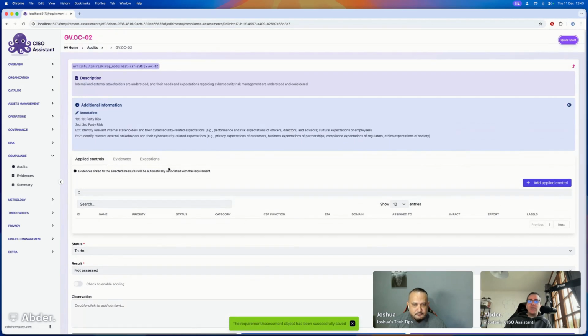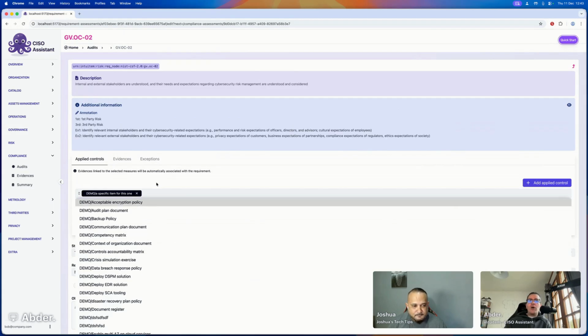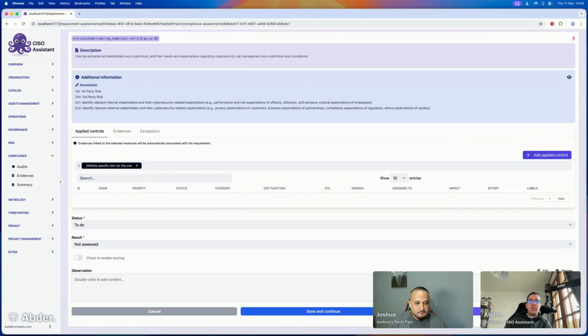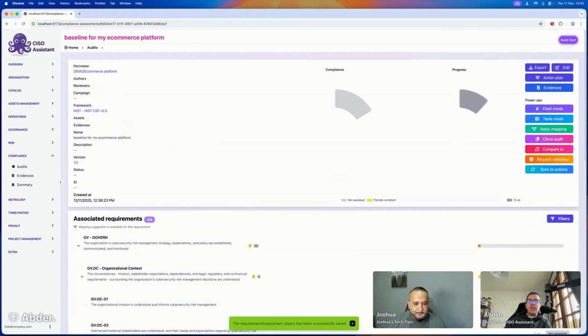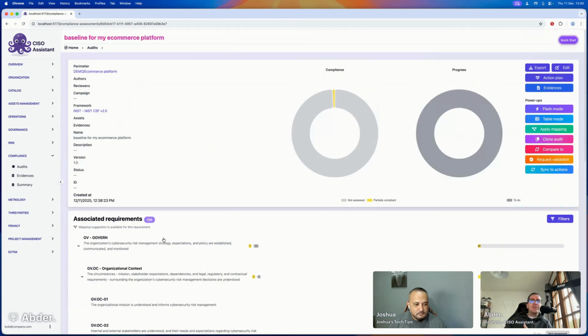Or I can just go here and say, hey, maybe I already input something. The one that is just done, I can just pick it again here, and we're good to go. And each time I'm doing this, I'm defining my action plan to comply with that specific requirement. And by building those controls, I could at some point just forget for a moment about the compliance